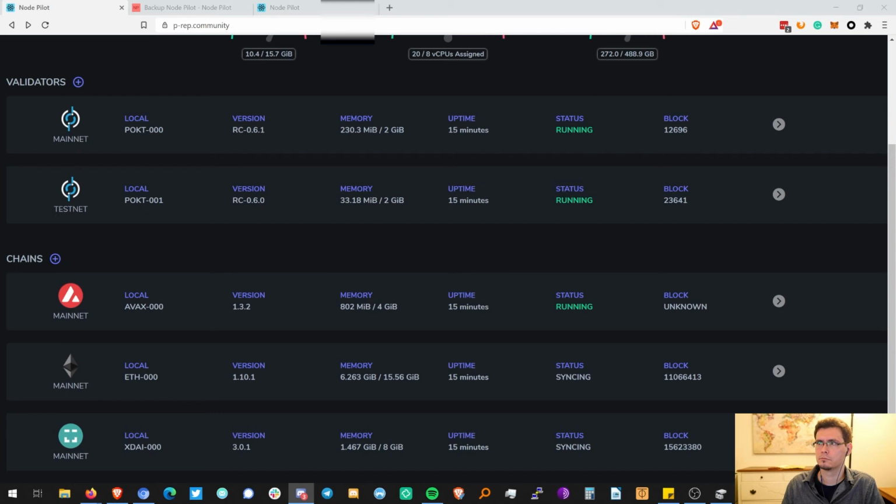Another interesting piece that I would love to see surfaced here is the profits that are made from running a Pocket node. Are there other community apps that exist for showing this data? There are. I know that Coder has some averages for seeing the averages of Pocket rewards on the network. But yeah, there's more tools coming out. Node Pilot right now isn't. We don't have that built in,